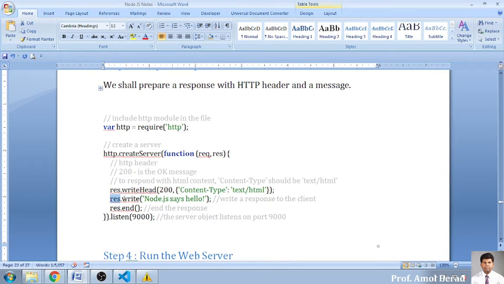So here I am writing something that is response.write. So see this, I am using this object called response because I am writing something on a server. If I want to get something from a server, it is nothing but a request. And when I want to write something on a server, it should be a response. So I am writing something. So response dot write header, response dot write. I am writing Node.js, say hello, and end. I want to close the object. So response dot end. It means that response is completed, and this will be opened on my port number 9090.